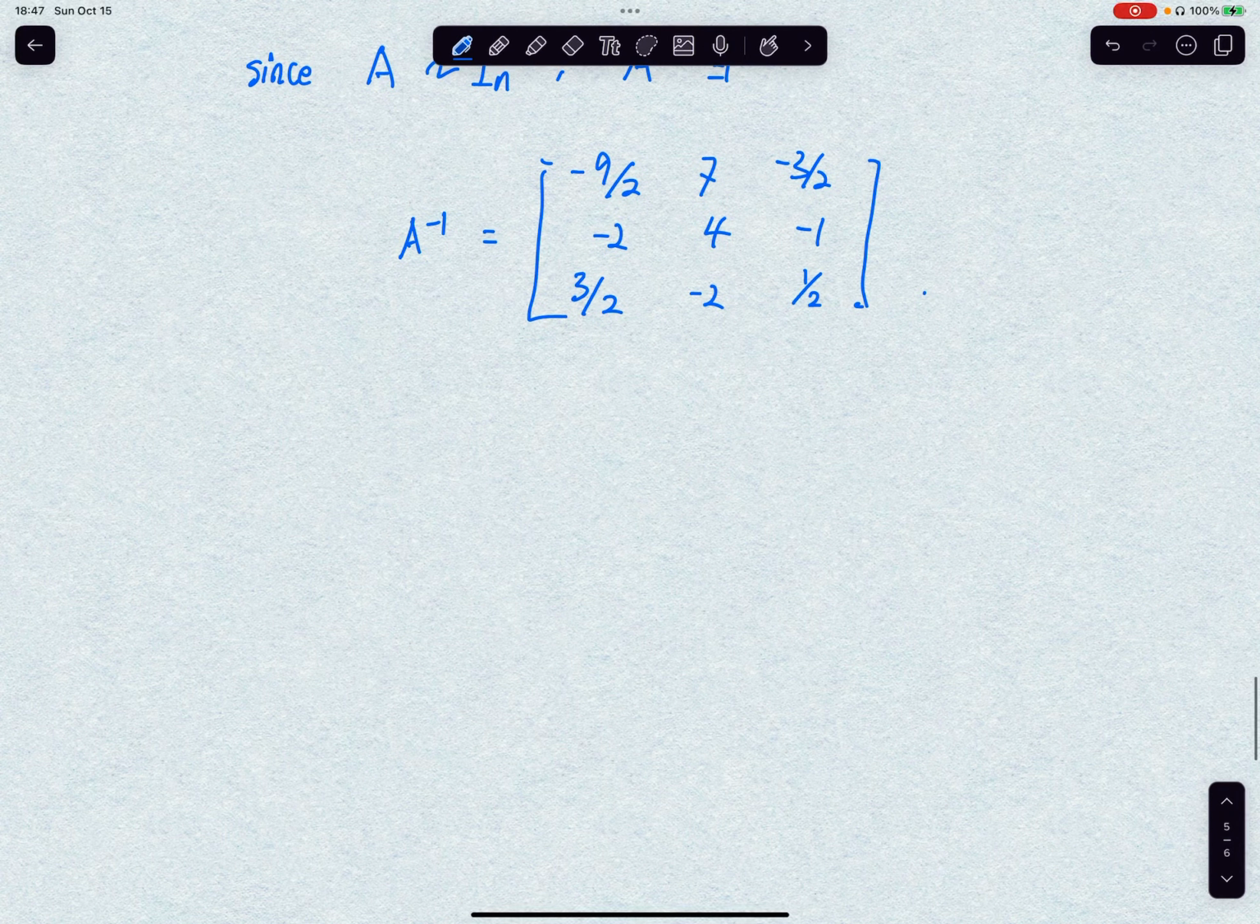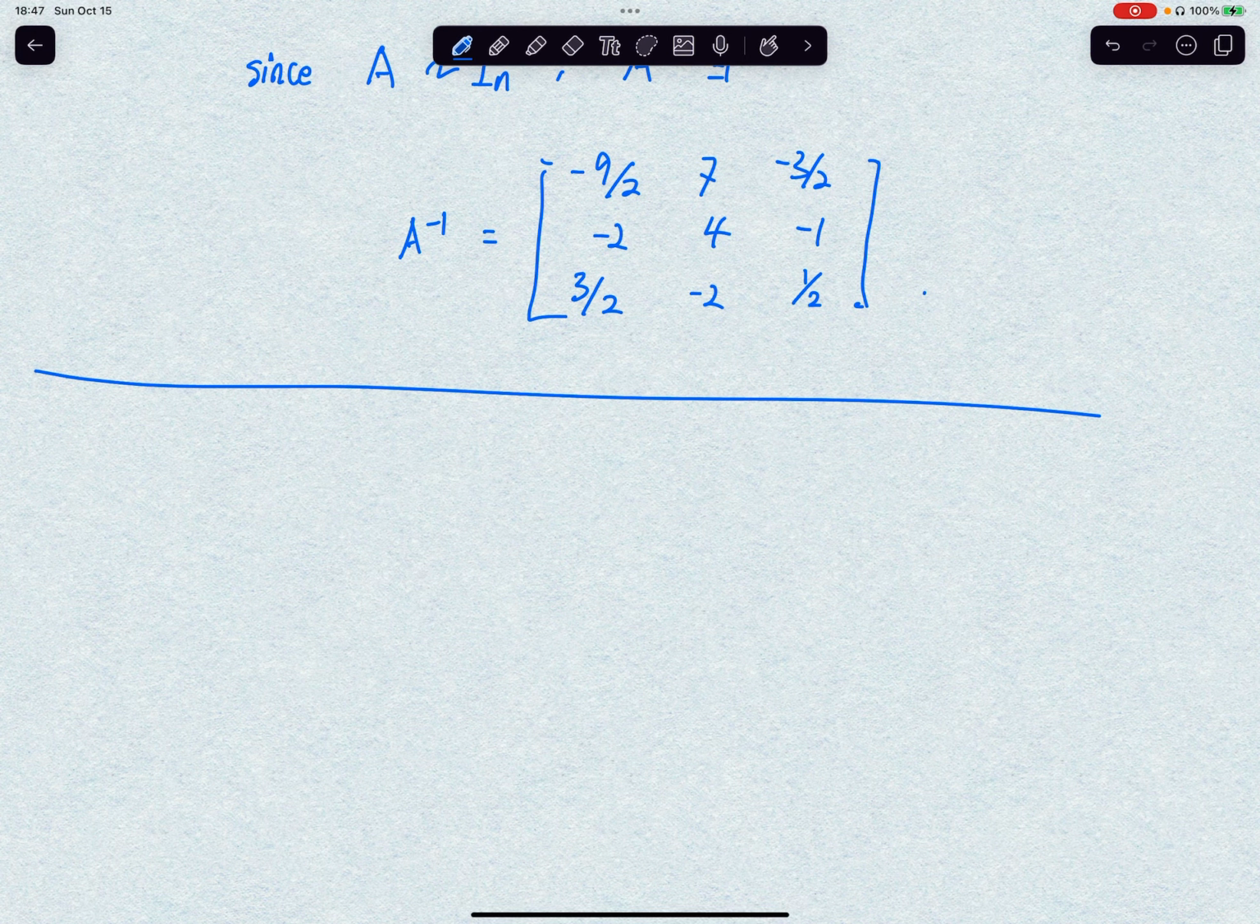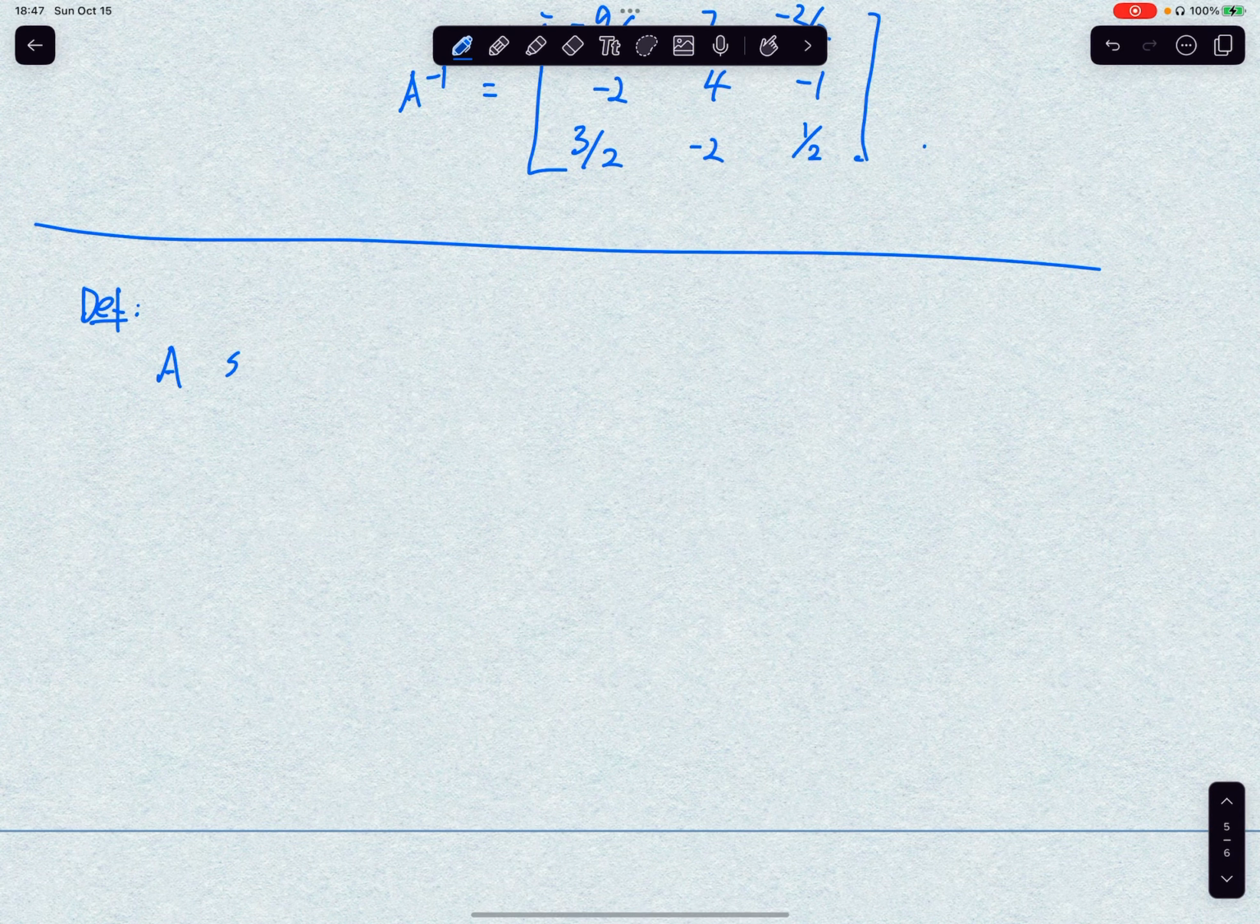And now we move to the next topic of this lecture. In this topic, we shall concern subspace, basis, dimension, and rank. So we first define subspace. So a subspace of Fn,